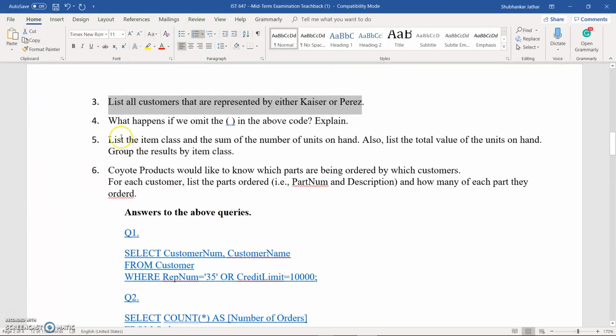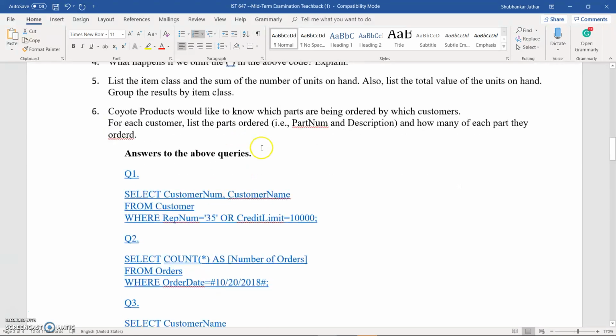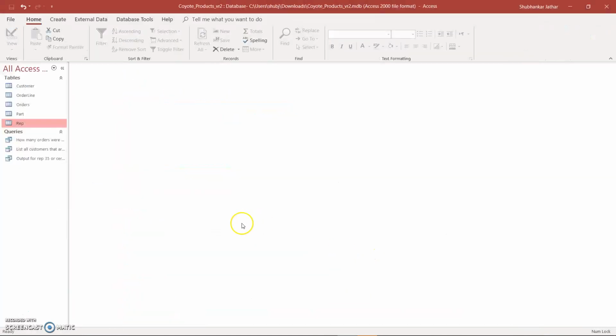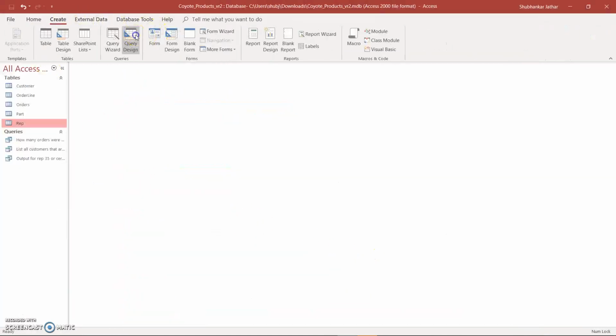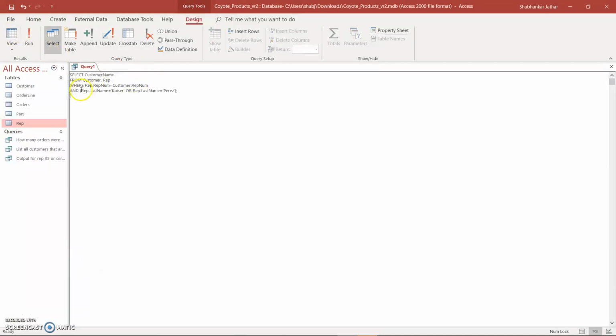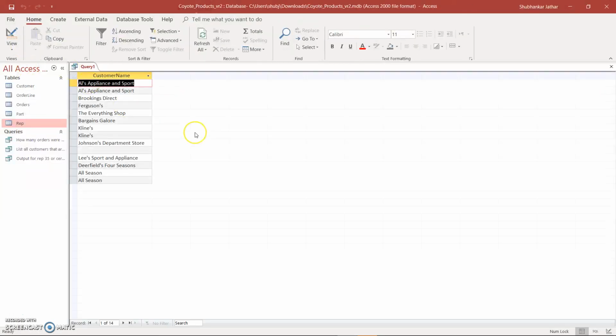So it's asking what happens if we omit the brackets in the query. So let's check what happens if we omit the brackets. Create design query, SQL view. So let's try to delete the brackets. Let's see what happens. If I delete the brackets, oh, in this you can see there are duplicates